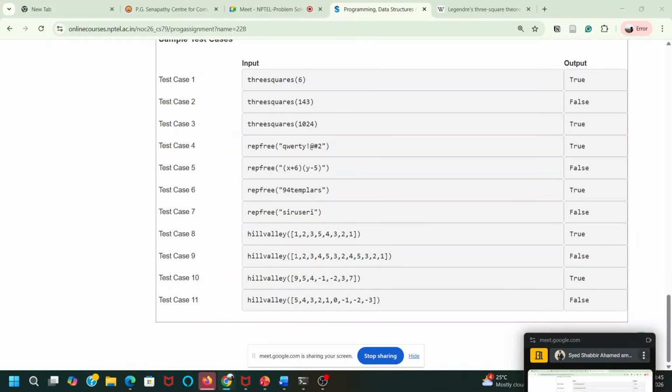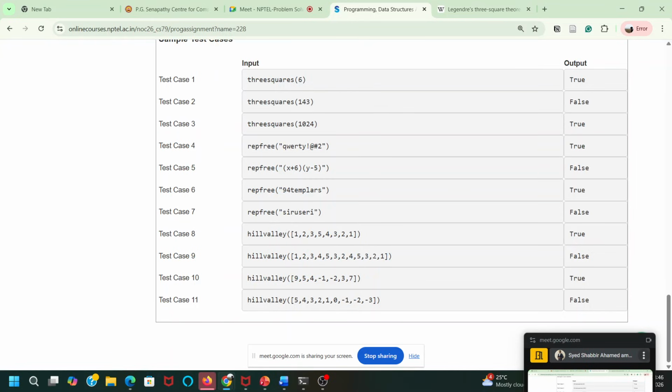See here, you can see, sir: 1, 2, 3, 4, 5. It is going up. Then after that, from here it is coming down. Yes, this is a hill. After that, you can see here it is again increasing, and again there is a hill. So there is a hill, there is a valley, and a hill.